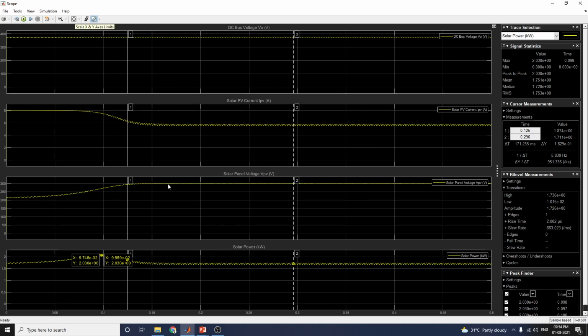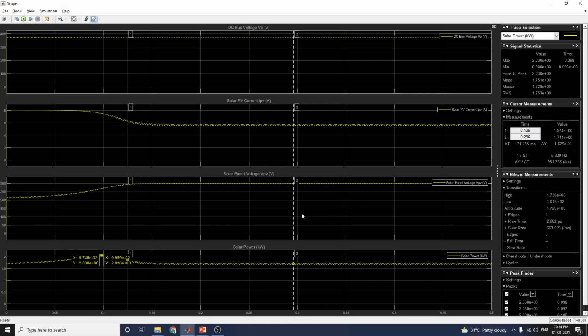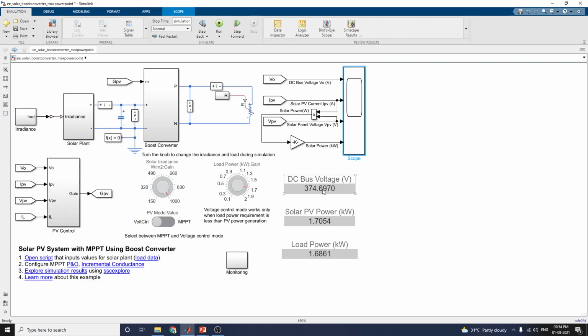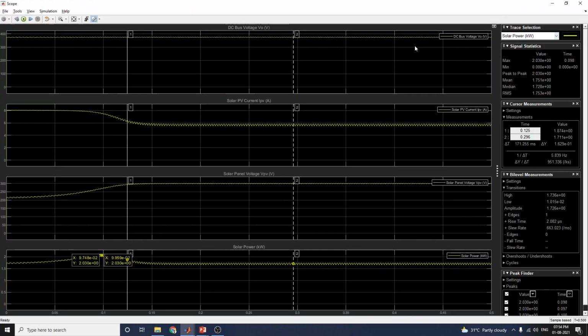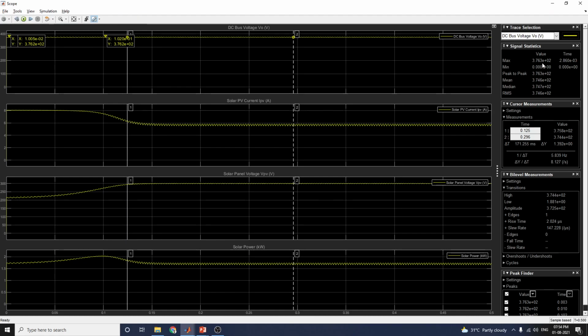In this manner, we can get this here. The constant solar panel voltage of 300 is shown here, and the load power is 1.68 and the solar PV power is 1.7054, and the DC bus voltage is 374.6970. You can see the DC bus voltage here, 3.763, the exact value.